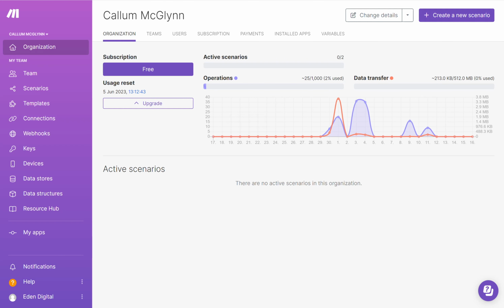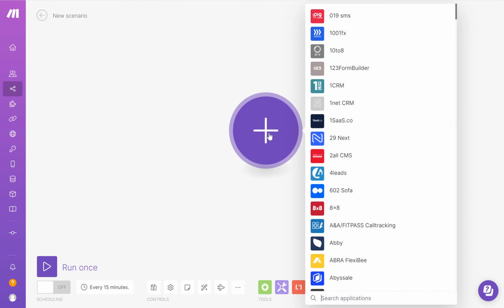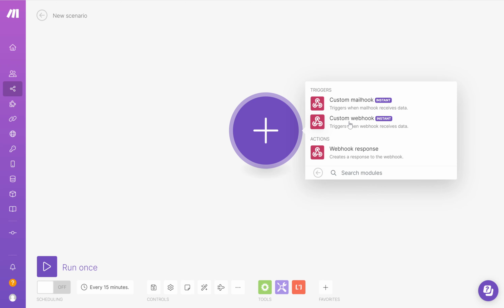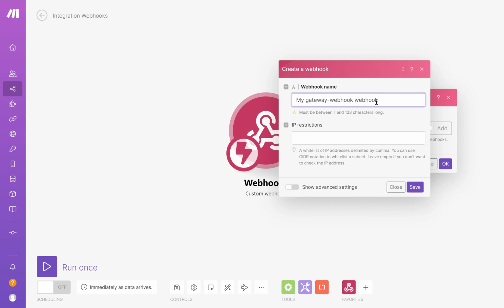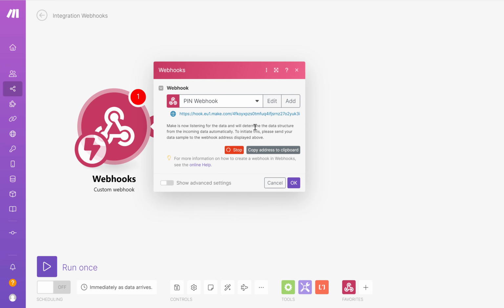browse to make, create new scenario, plus, and then I'm going to create a new webhook scenario, custom webhook, add, give it a name, call it the PIN webhook, and click save. Now that's going to pop up and it's going to give me the webhook address. Click copy address to clipboard,